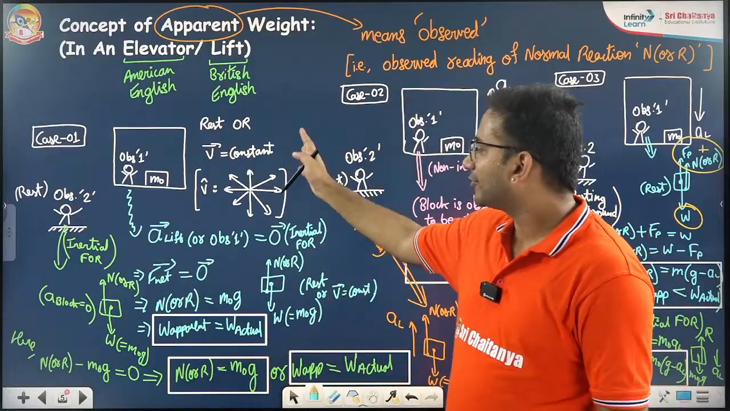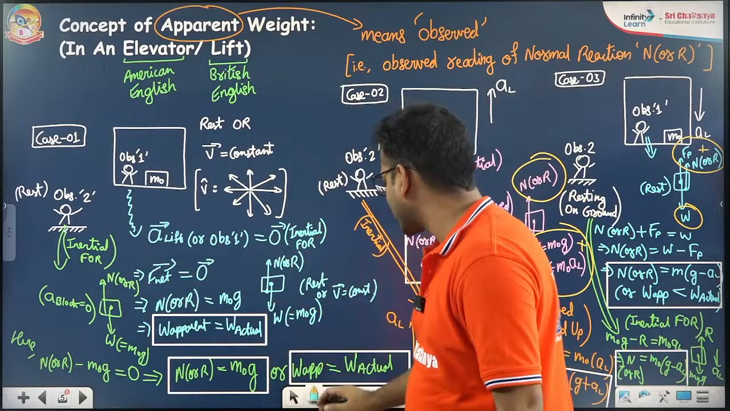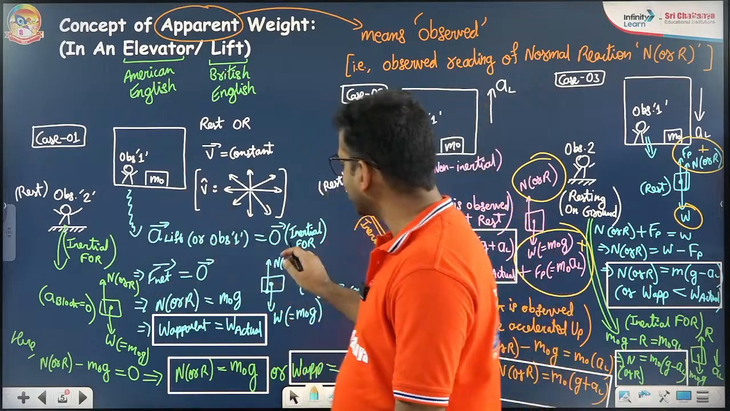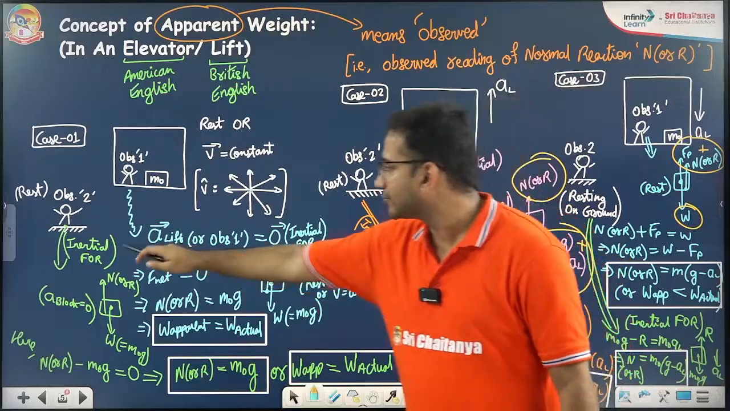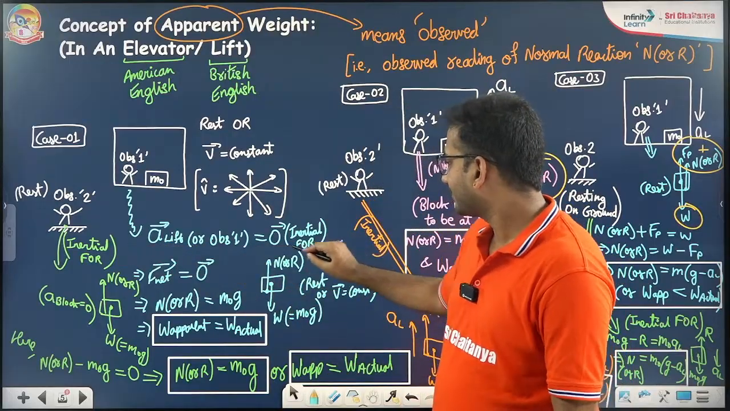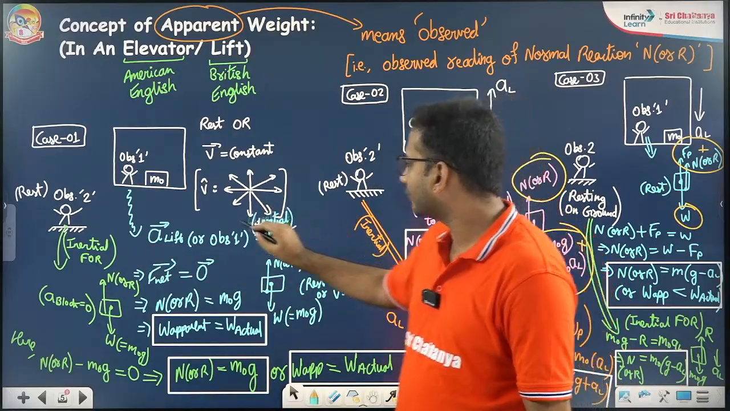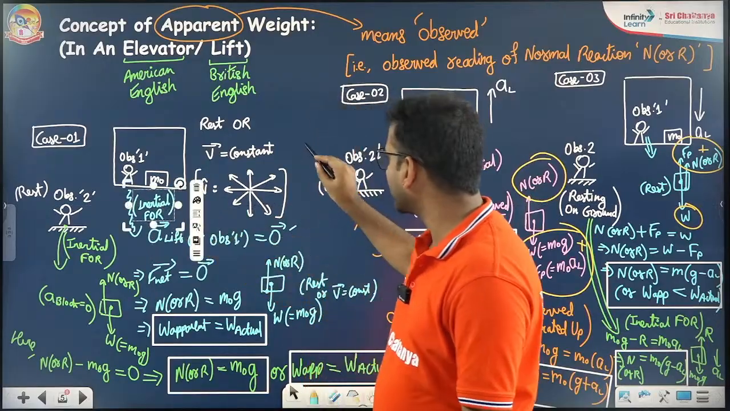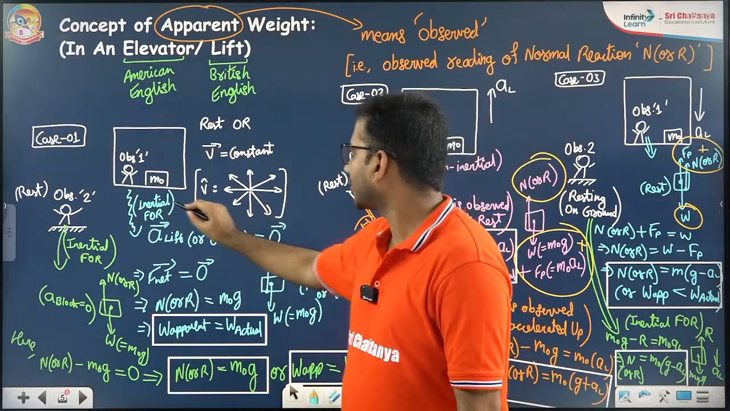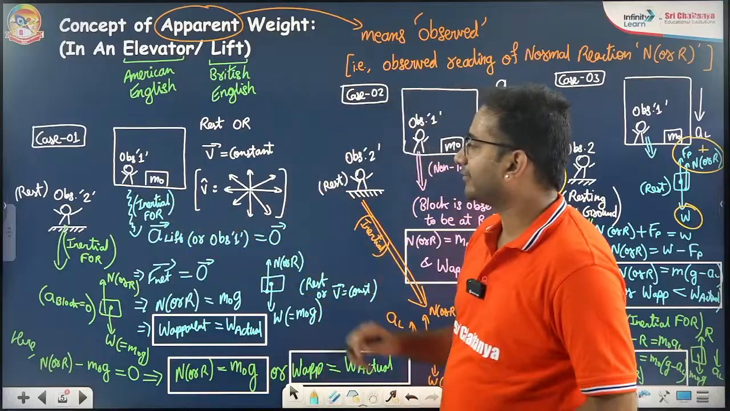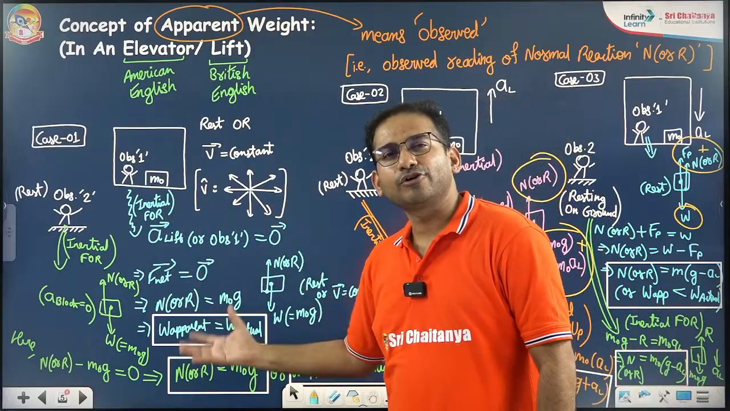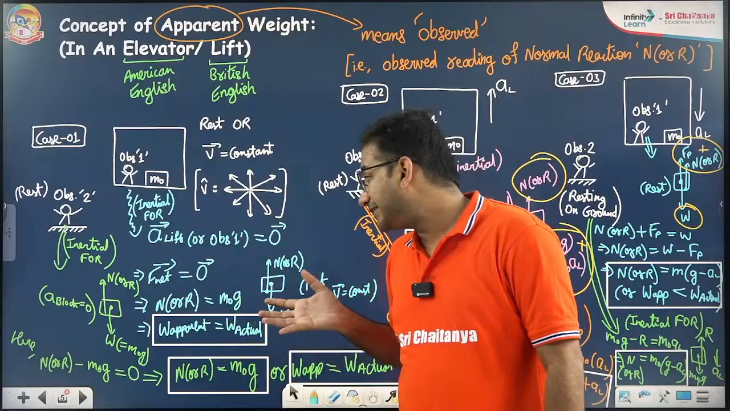But in this case, both the observers are inertial only. The reason is the lift was not accelerated. So this is also an inertial frame of reference, and here also it is an inertial frame of reference only. This is also inertial and this is also inertial. Both are inertial frame of references. Okay, there is no difference between them, and hence you will not be able to distinguish that much on the basis of this case study